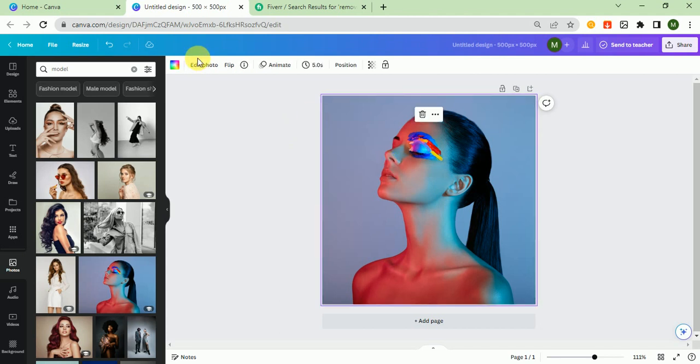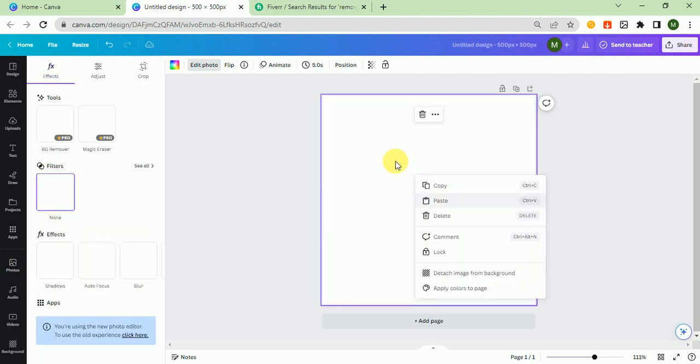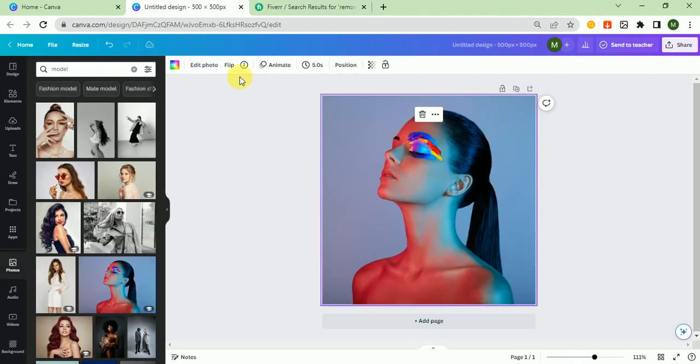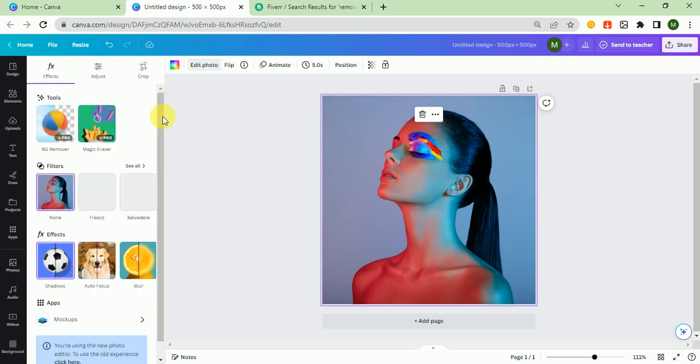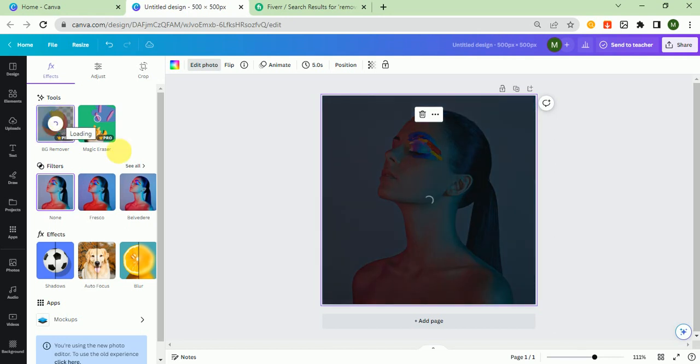So I click on this and click on edit photo. Sorry, it's just lagging. So I click on edit photo, and it gives me different options. The option is BG Remover. It is a pro feature, and you can use it in Canva Pro. So I click on BG Remover, and